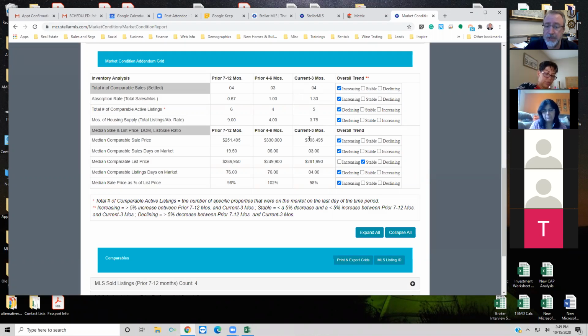3 months, yeah, see, now we're getting a little bit better numbers, right? Over the last 3 months, we see that homes sold at 98% of their list price. Median days on the market, some of these sold pretty quickly at that price range. You're going to see these numbers shift as we're coming into the fall, as we're coming out of the summer. Days on the market were pretty quick, but they're going to start climbing. In the off season, the average days on market was like 76 days. We don't know that. And anyway,